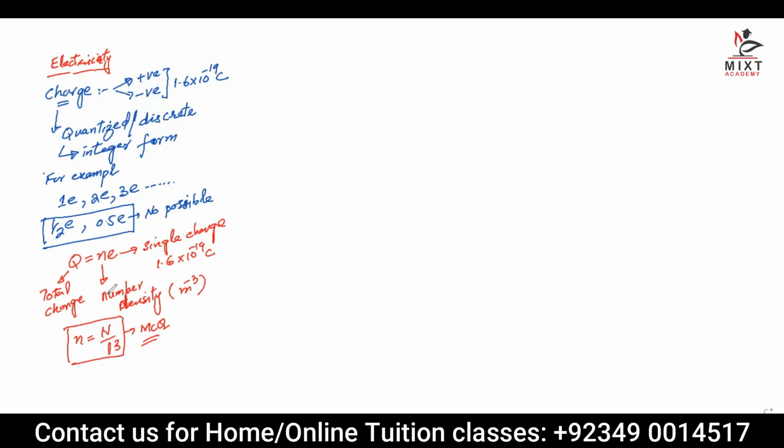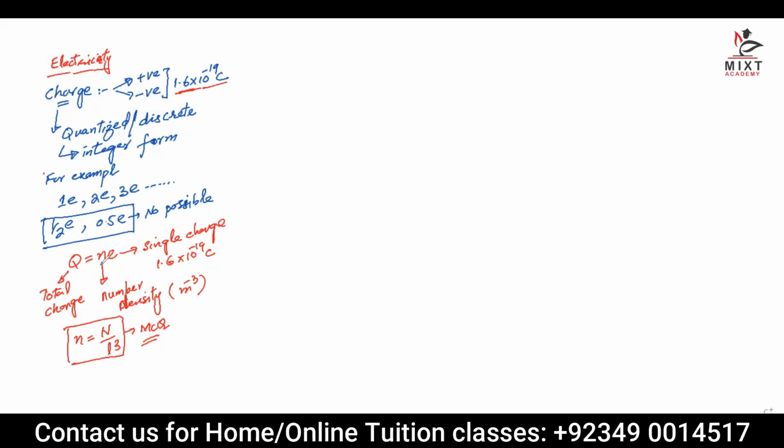Um, sir, in the charge formula, N is number density and E is the charge of the electron. Yeah, single charge value, not electron, okay? This is the magnitude, which can be an electron or it can be a positive charge. Can be negative charge or it can be positive charge. Both can be possible.